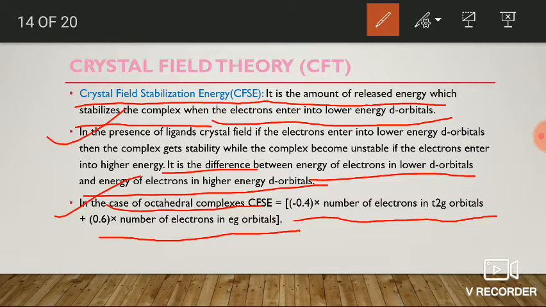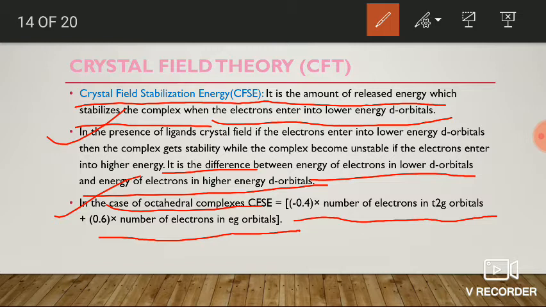Each electron gets stabilized by losing 0.4 energy, so we have to multiply minus 0.4 into the number of electrons in t2g, and the higher energy set is eg. Here each electron gains 0.6 higher energy if the electron enters into eg orbitals. So by using this formula we can calculate